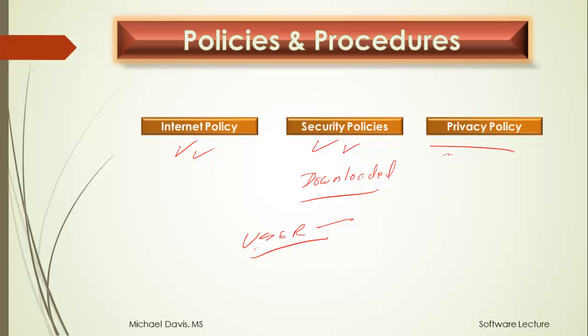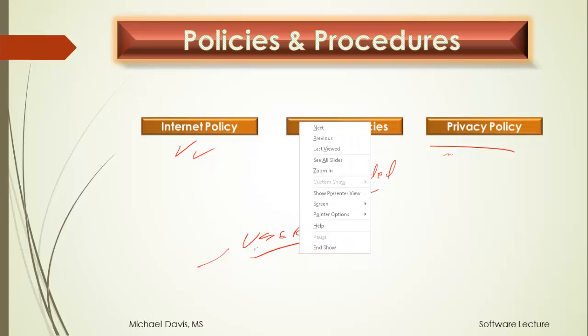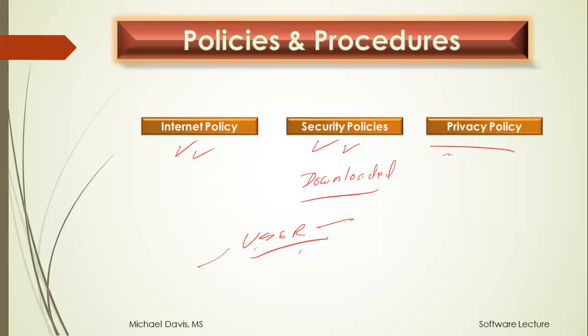So the users need to be well trained, and they need to be indoctrinated, or at least taught, that measures like the ones we've described here, security, internet policy, and these kinds of things, are for their benefit as much as anybody else's. And I believe that's going to conclude this